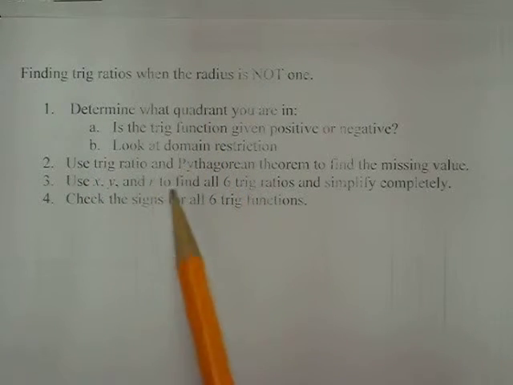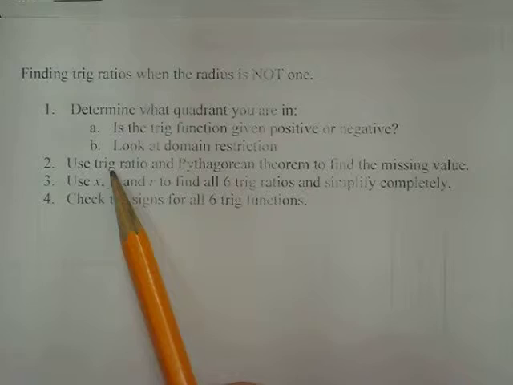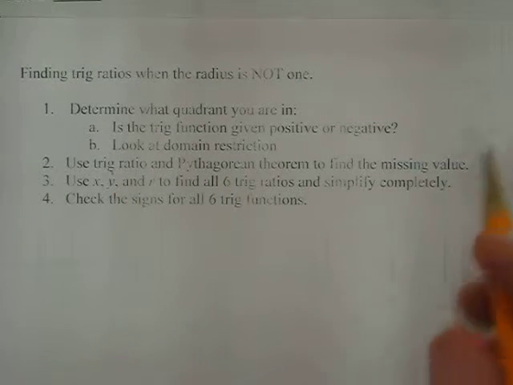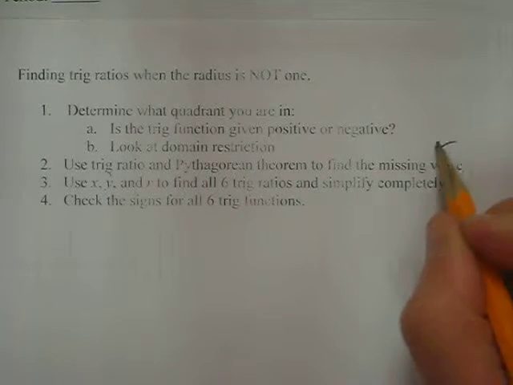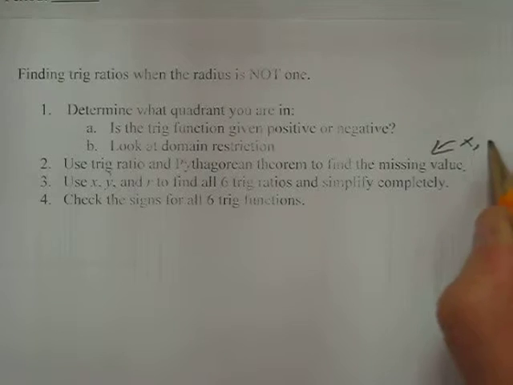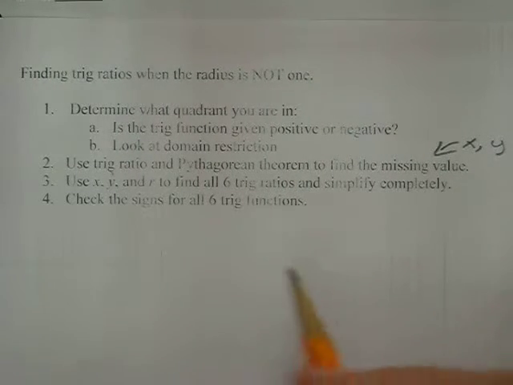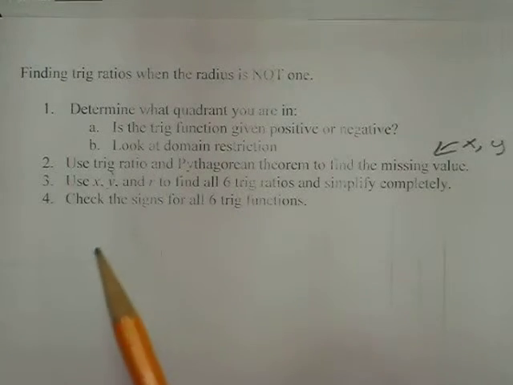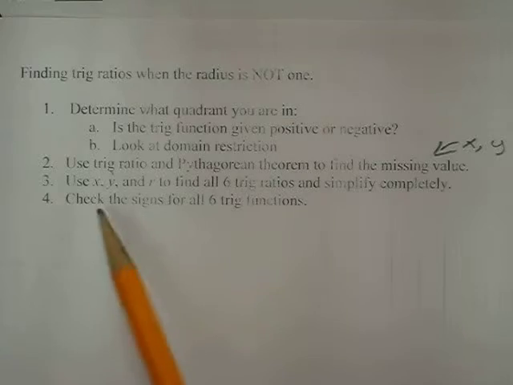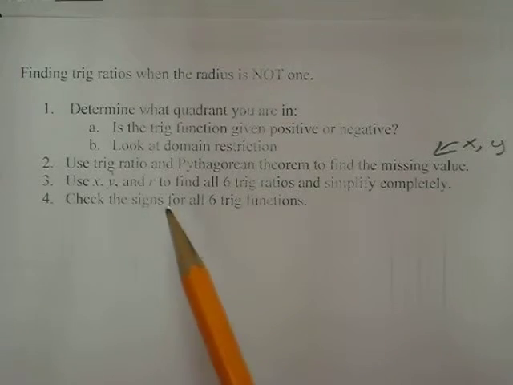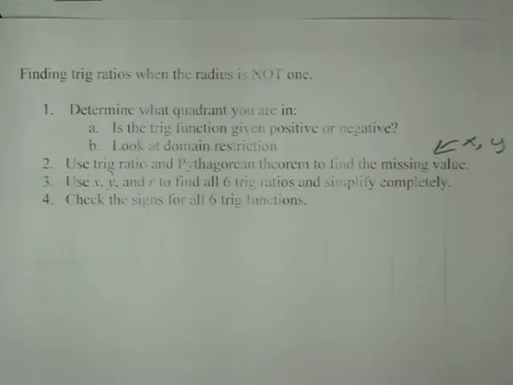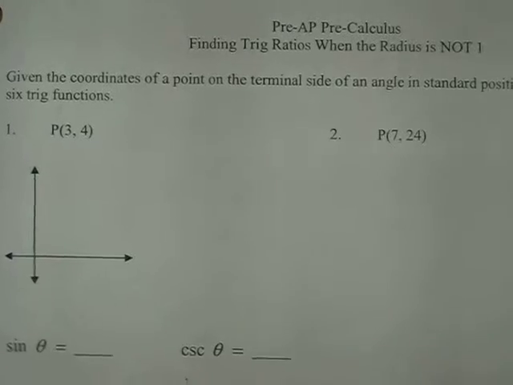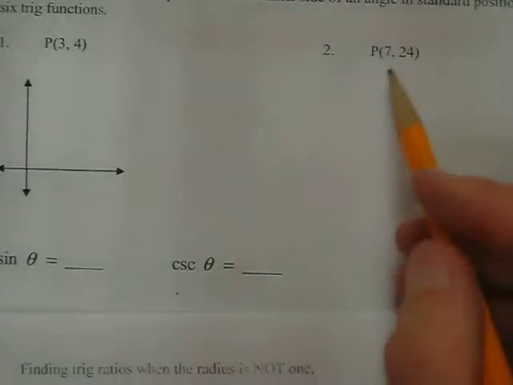In the second step, we're going to use the Pythagorean theorem and the given trig ratio to find the missing value. We're either going to be missing x, y, or r. And then once you find all the values, you list all 6 trig ratios using them and the trig ratio definitions. And then you check the signs to make sure that they match the quadrant that you said your answer should be in. So our first example is going to be a little bit easier,